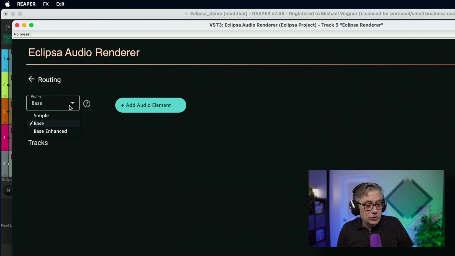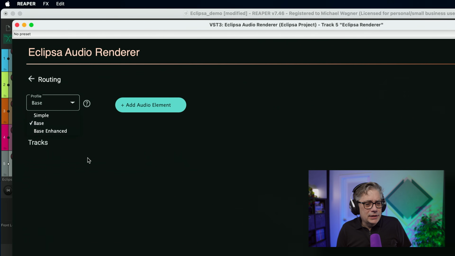Currently Eclipsa Audio has essentially three different profiles. One is called simple, one is base, and one is base enhanced. These profiles differ in the number of channels they can support and in the number of audio elements they can support. Now, most of you are probably going to use the base format. The base format is the one that YouTube supports, so that's probably the most useful for you. The base format has a total of 18 channels, and we're going to come back to that in a second, and a maximum